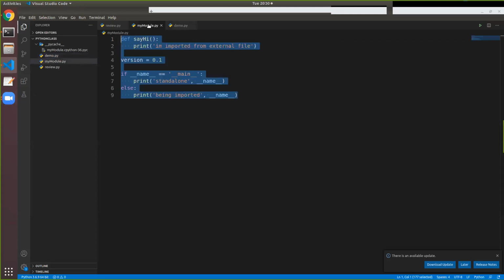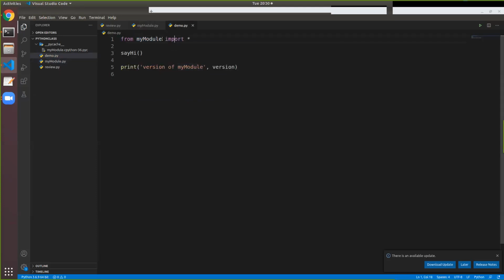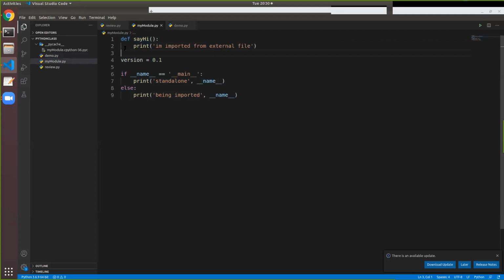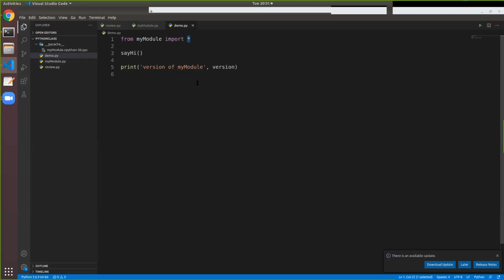I'm importing this entire thing. But if I do this with a star, then that means I'm importing every single piece directly. It might be tricky when you try to think of it, but